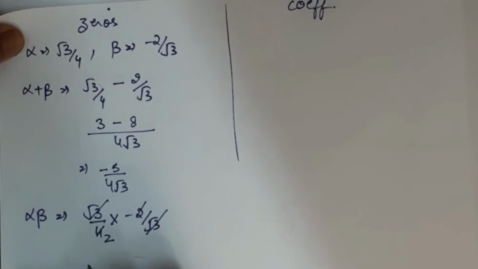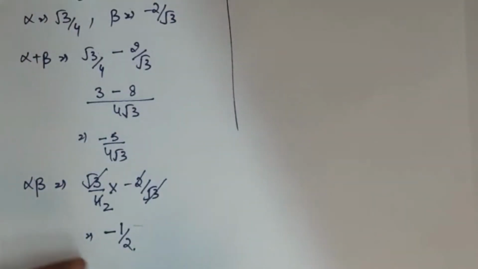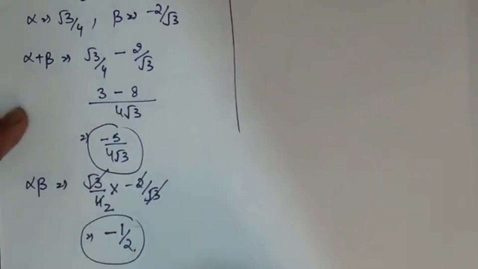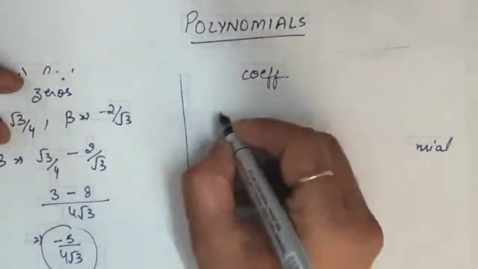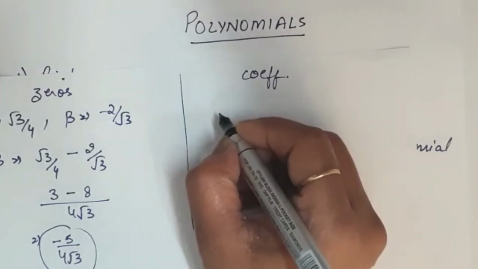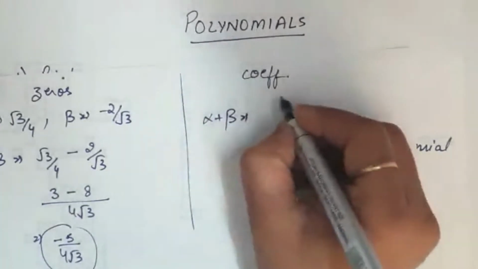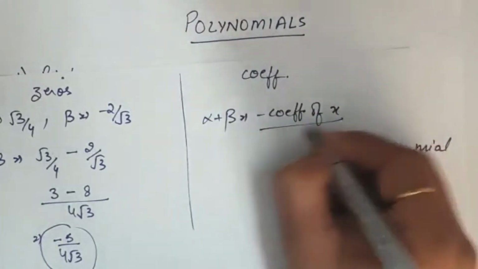2 2s are 4. So it comes out to be minus 1 by 2. So this is the product of the roots. I mark a circle over here. Okay, this is the sum, this is the product. Now according to the coefficient, what is the formula? See, according to the coefficient, the formula is sum of the zeros is equal to minus coefficient of x upon